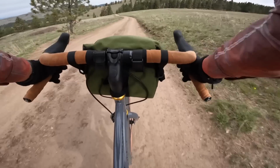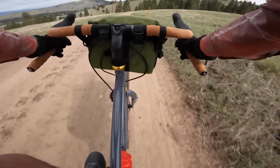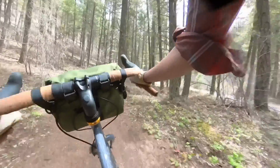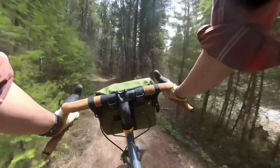Going on long, straight stretches of gravel, you can really tuck in and feel super confident that you're not going to be bumped off course. Taking it on single track, it was still super fun and capable. It didn't quite have the super swoopy, slack feeling of the modern mountain bike. It was a little bit more restrained than that. But on the green trails and some of the blue trails I rode here in Missoula,